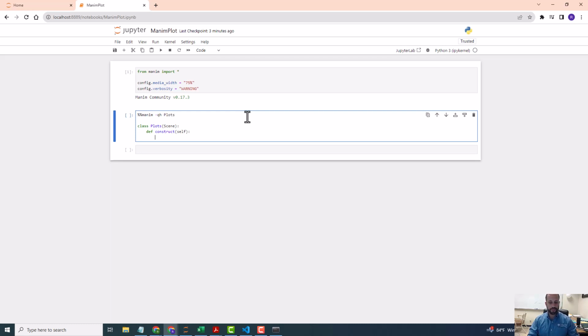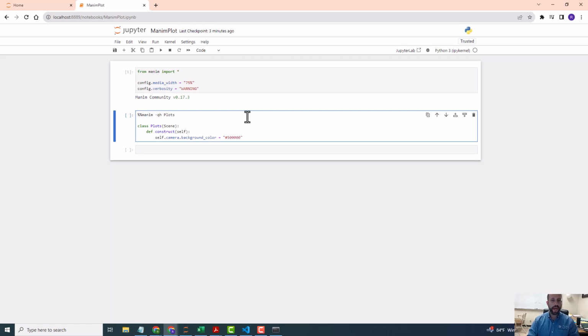To do that, we're going to do self.camera.background_color equals, and then it's going to be a hex code. There are different ways to represent colors. One is using hex code. It's going to be 6 different characters, and each 2 is going to represent a hexadecimal number. To let it know you want to use hex, use the hashtag and then